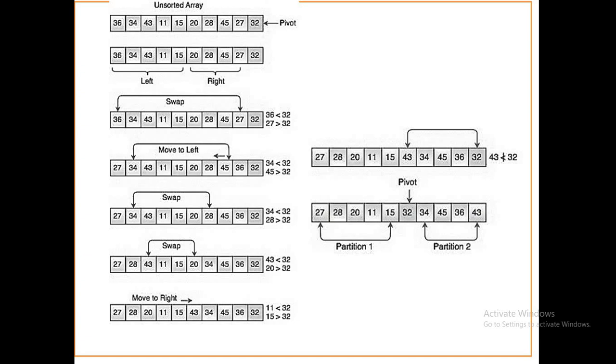and the same left and right are again compared with the pivot value, and it is observed that 34 is not lesser than 32 while 45 is greater than 32. So now since the right condition is true, the right pointer moves towards the left, and now 34 and 28 will be compared with 32, and since both are not true, that is 34 is not less than 32 and 28 is not greater than 32, both the elements are swapped. In the same way, the next set of values 43 and 20 are compared and they are swapped,